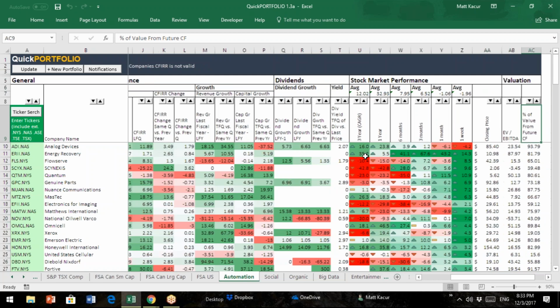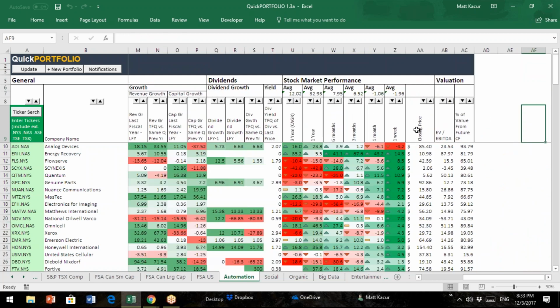And then the closing price from the night before. We have daily prices. We're always using the previous night's close. So if you're on this system during trading hours, we're not getting real-time quotes. We're using the night before. Our system is more useful for long-term valuations, so it's not really that important for us to have daily, up-to-date or minute-by-minute stock quotes. And then some valuation metrics. Every portfolio looks like that,